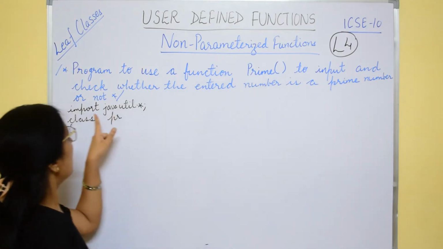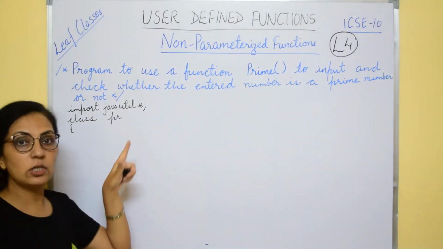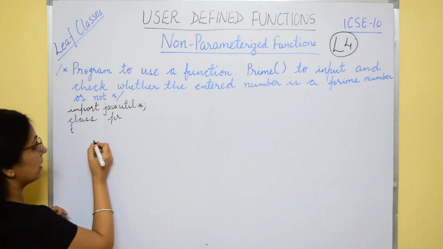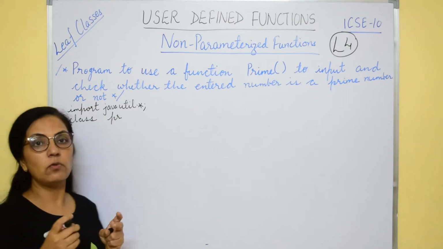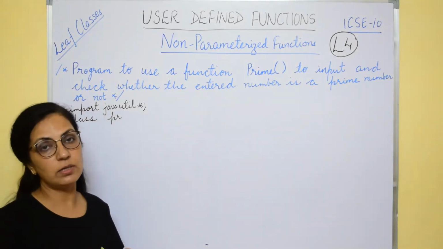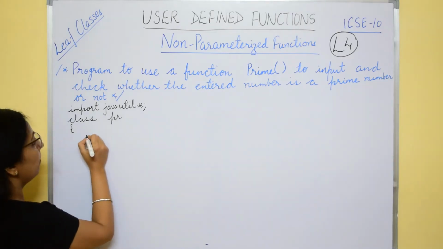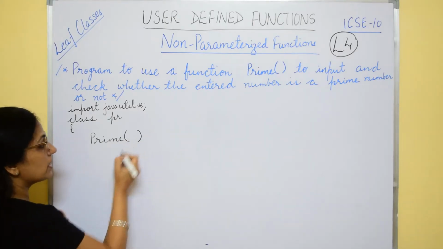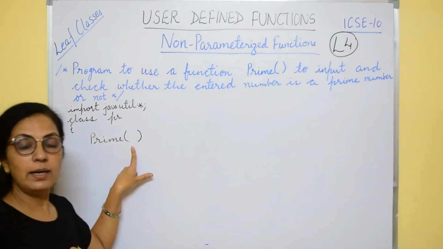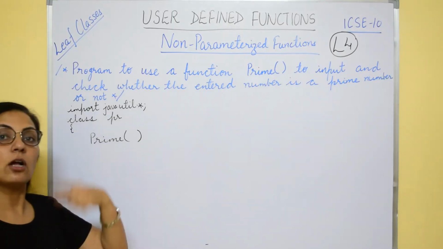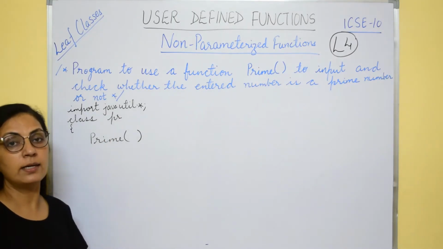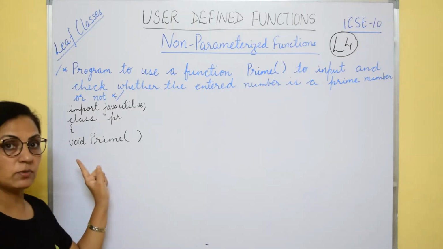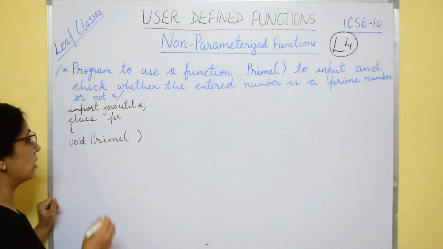So let's start. Here I have used java.util because I will be using the scanner class for entering the value. First we begin writing the function. I told you we can write the main function first or the user defined function, any order we can follow. So here this is the prime function and it is not accepting any value, so here only opening and closing brackets will be there. It is not returning also because input is here, checking is also here. So here it will be void. Void prime. This will be your function header, or function prototype.